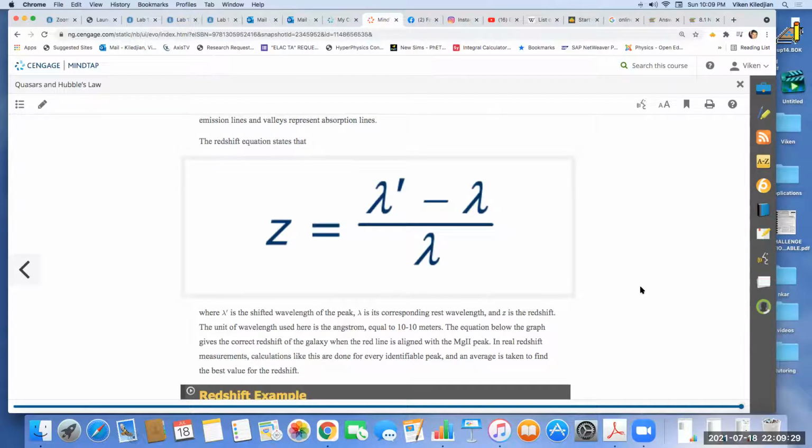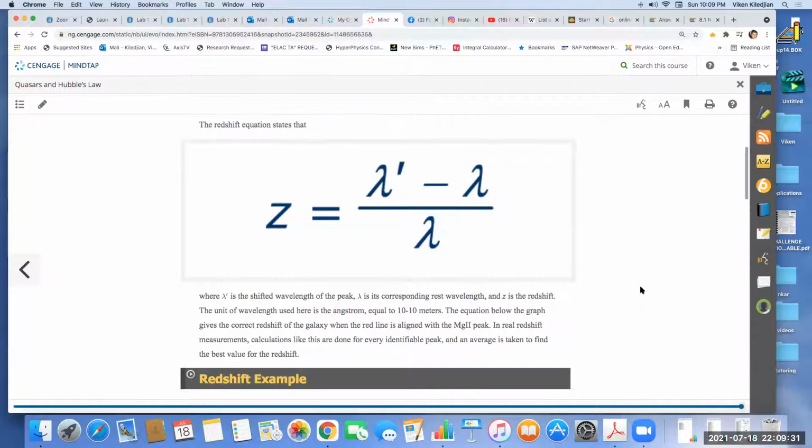Lambda prime is the shifted wavelength of the peak, lambda is its corresponding rest wavelength, and z is the redshift. The units of wavelength used here is the angstrom, equal to 10 to the power negative 10. The equation below the graph gives the correct redshift of the galaxy when the red line is aligned with the magnesium